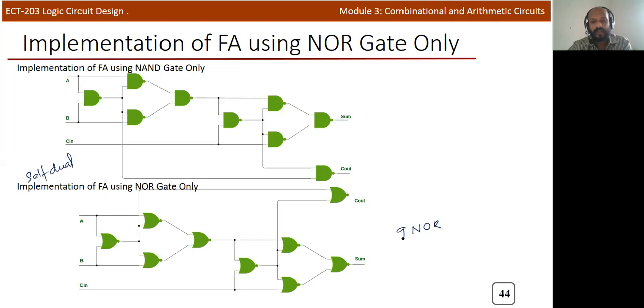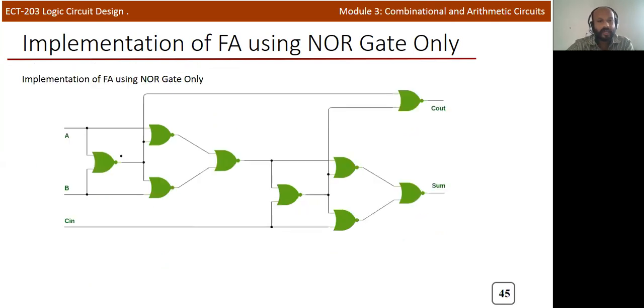So you will get the full adder circuit by 9 NOR gates or by 9 NAND gates. So this circuit will be more easy. So here you can also verify the output. This is a plus b the whole bar, and here one input is a, another input is a plus b the whole bar. So two inputs. Okay, and second input is b, b plus a plus b the whole bar.